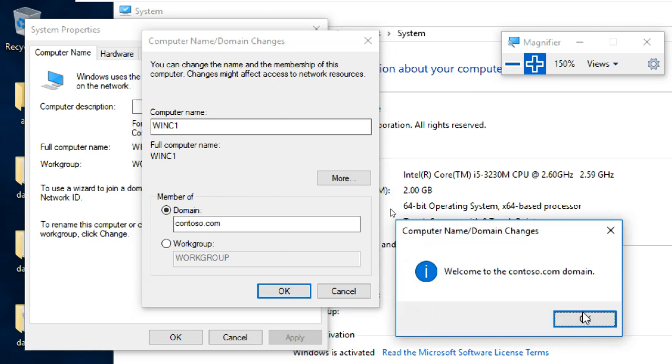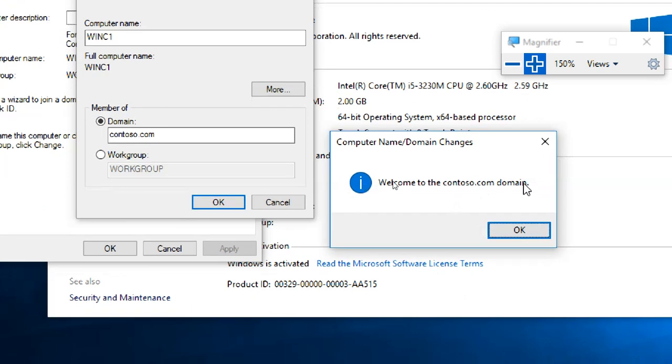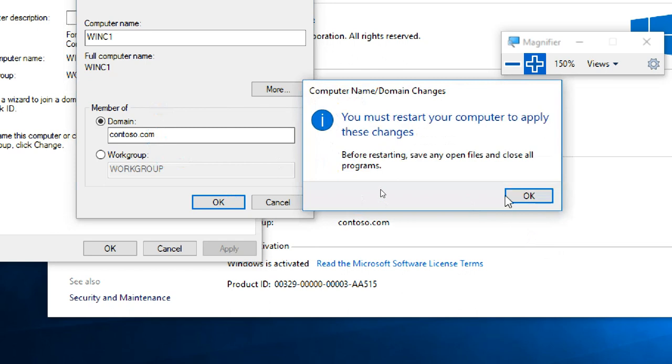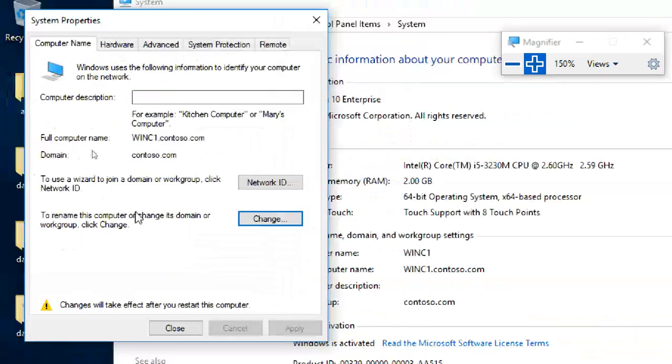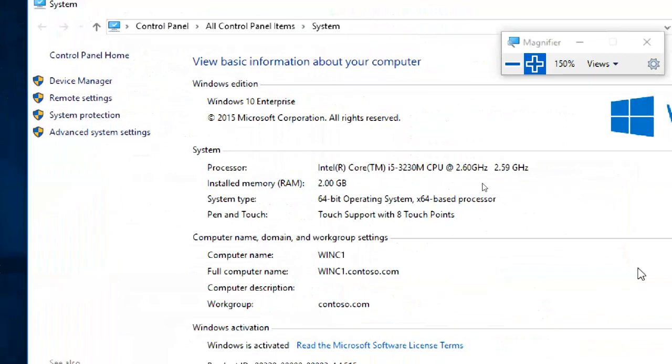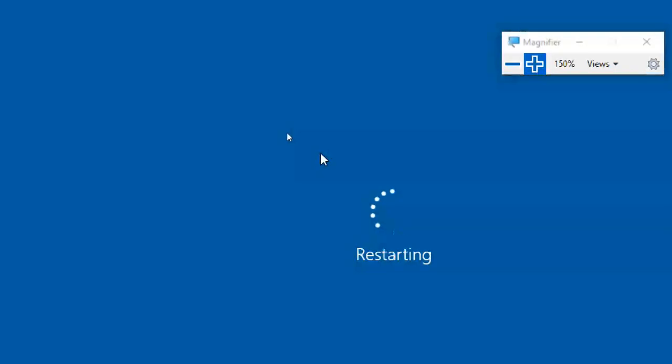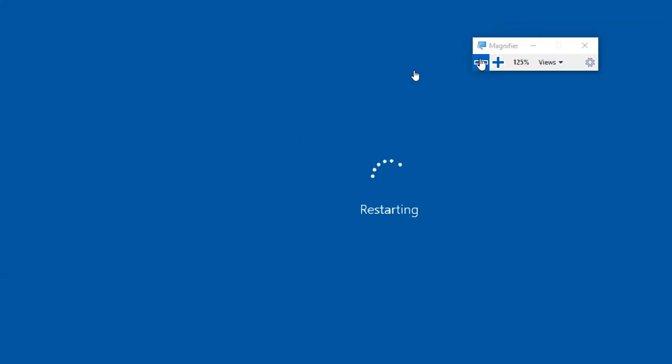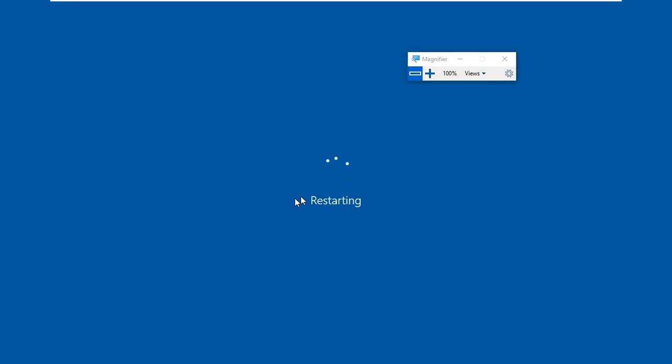So we got a message: Welcome to contoso.com domain. So now you are joined officially. If you get any errors, then troubleshoot. How to troubleshoot? Make sure both are communicating with each other. That is the main thing. Restart now. So then the client will automatically be joined. Let it restart. Once it is restarted, you can observe it from here